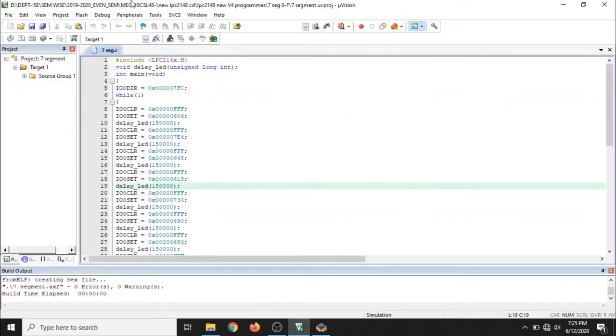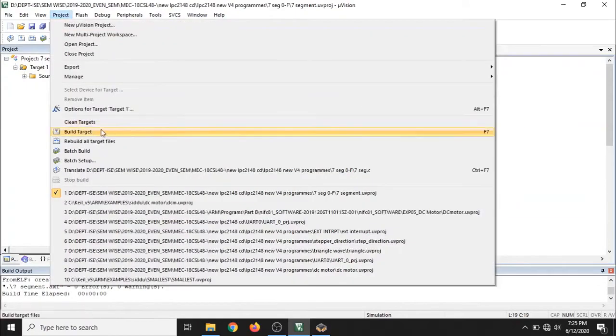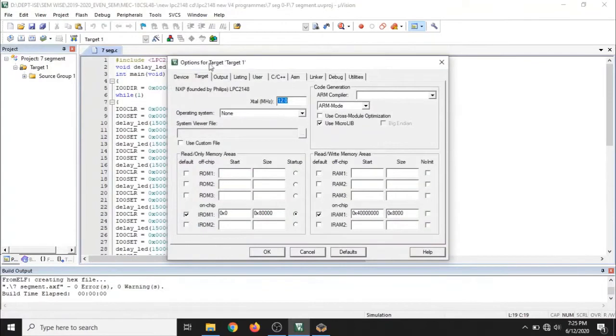In this video, I'm going to show you some of the basic settings that you have to do in order to transfer your hex file to the ARM development kit using Keil software. First, write your program in embedded C, then go to project and select the option for target. You will have different tabs in this window. Go to the first tab, the target tab, then use MicroLIB. Initially it will be disabled and you have to select this. Since I've already done programming on this system many times, it is just showing that it has been enabled.